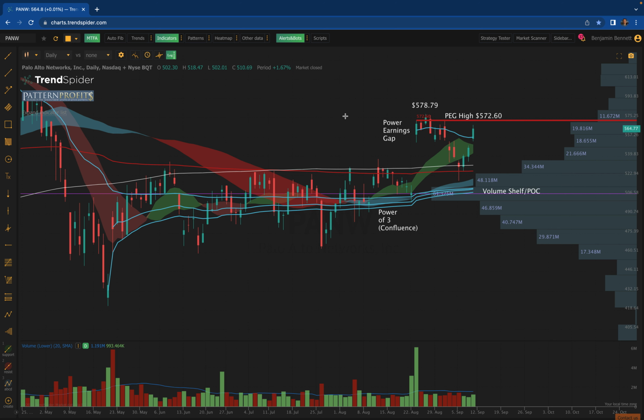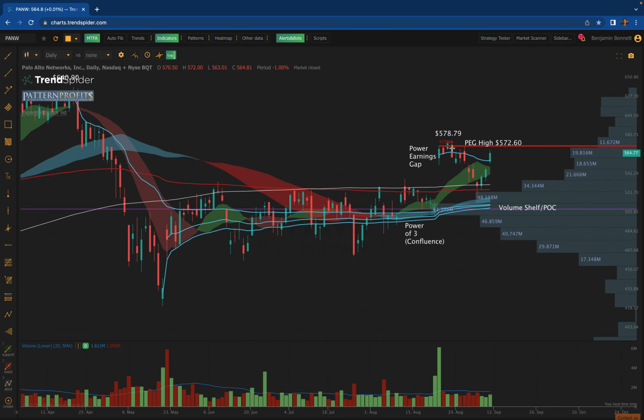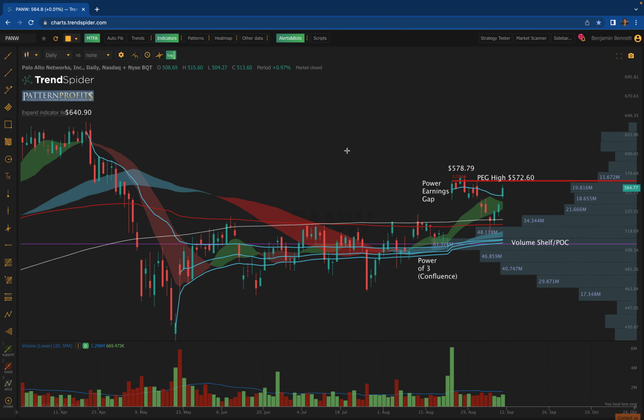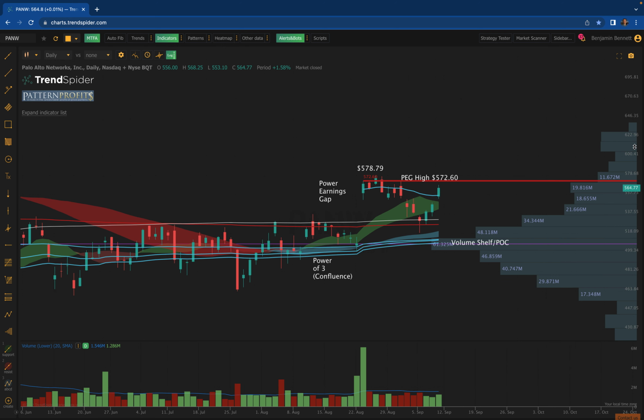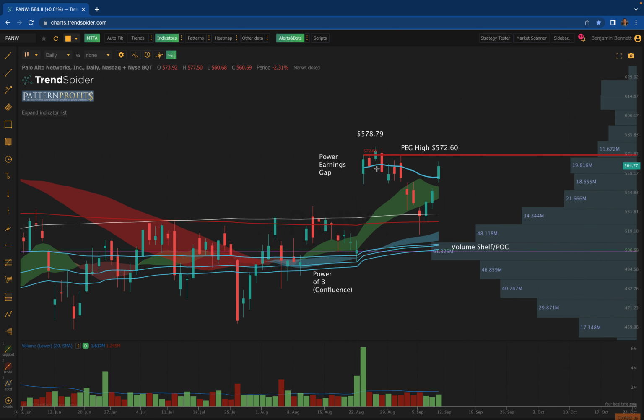Palo Alto Networks, another one, had a power earnings gap back here. Let me zoom out just a little bit. We had discussed this one early with the power of 3 down here. Came in, retested, reclaimed that year-to-date anchored VWAP, tested it again over here, and then a nice run. Now, zooming in, you have the power earnings gap here. Made a new high there of